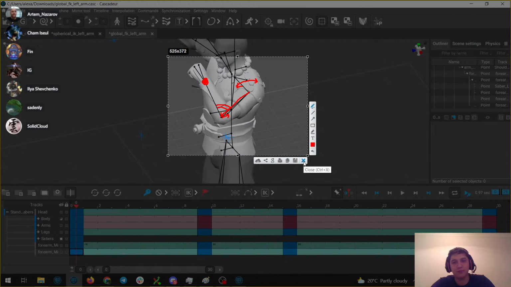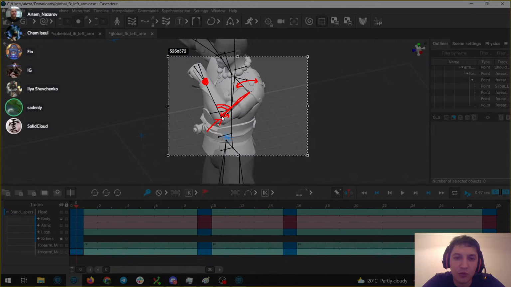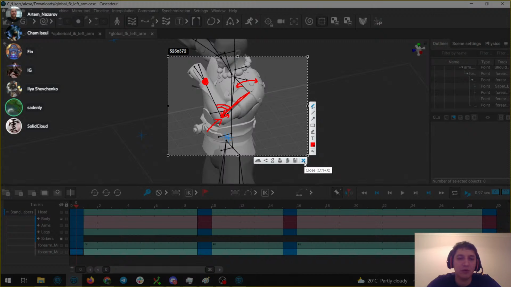The con here is that this vector from the shoulder to the forearm is pretty secondary, so it might not be as intuitive as we would like. Also, these 2 points interpolate themselves. You can't control them with a pole vector in interpolation.